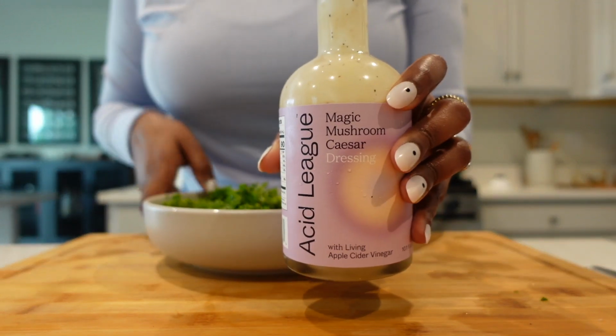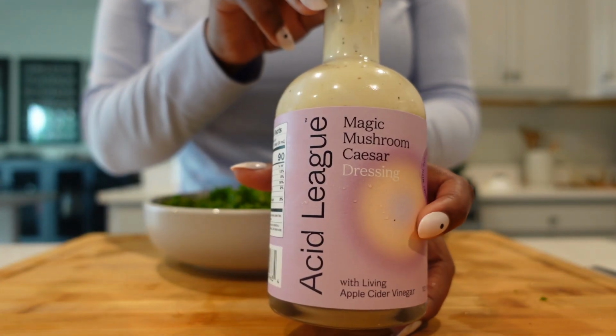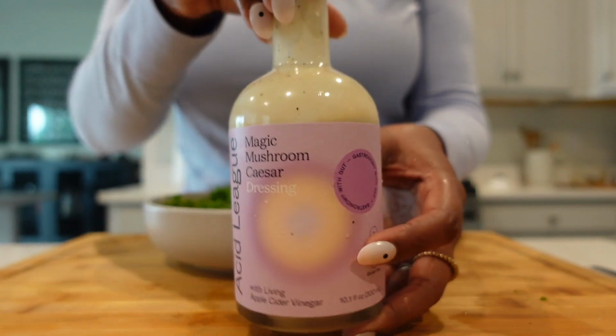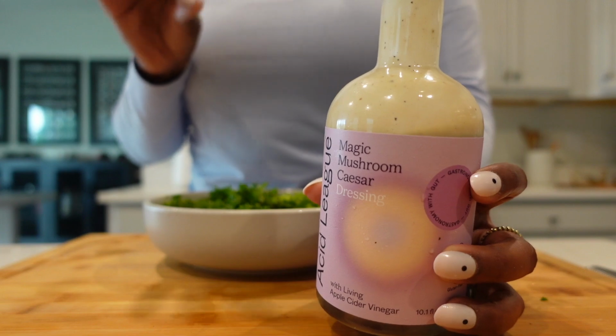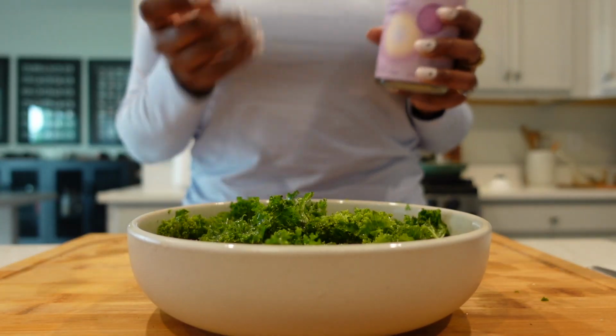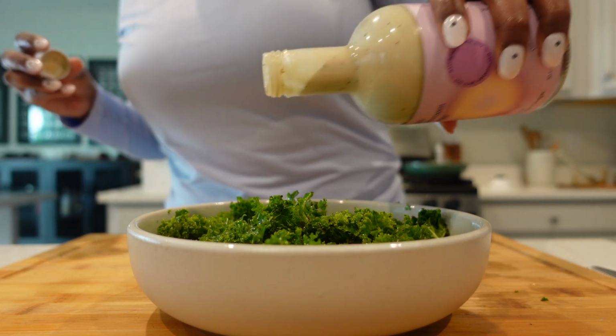Anyway, this is the salad dressing that I'm using. I think I got this from Whole Foods. I've already tried it and it's pretty good. It has a bit of an aftertaste, but it's not a bad aftertaste to the point where I'm like, okay, I don't want to eat it. So